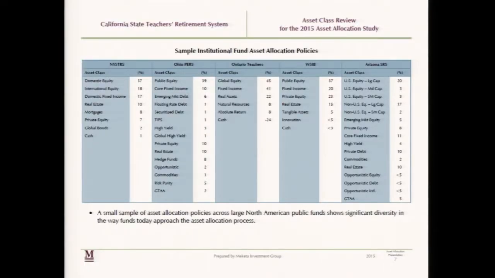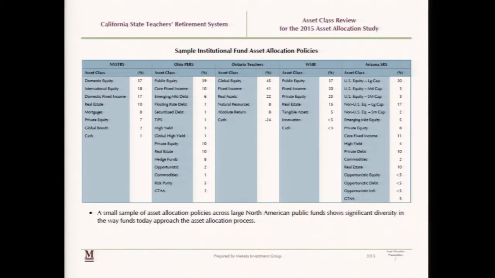So again, you can allow yourself to get as granular as you want, but I think the important thing is to figure out what's right for your board and what type of risks you want to think about. The main reason we included this slide was to show you the diversity in asset allocation policy. Makita Investment Group does not advise any of these clients on asset allocation. They all have different consultants, different staffs, and they all come up with very different results. I think they're all thoughtful, and they all have their own theories that they're working off of.